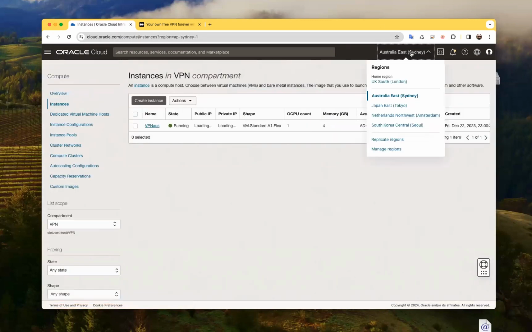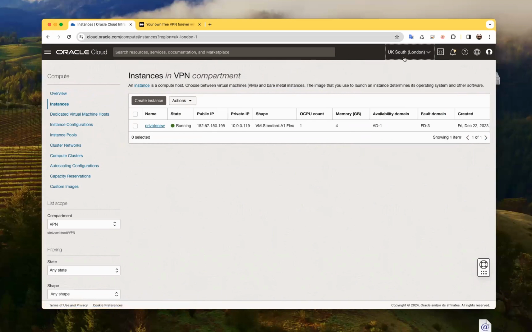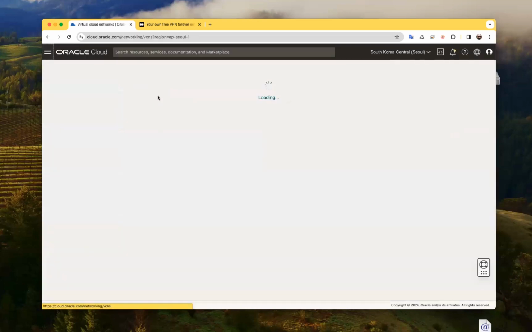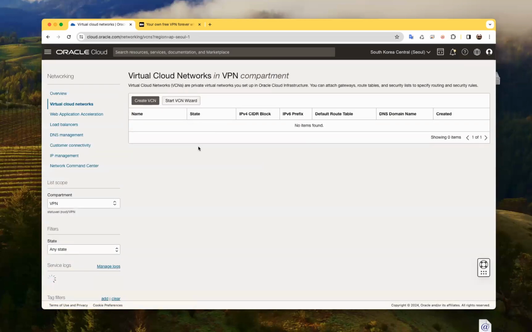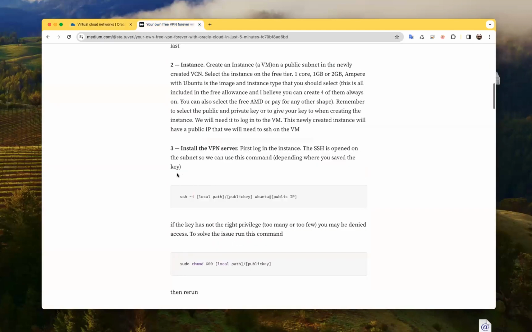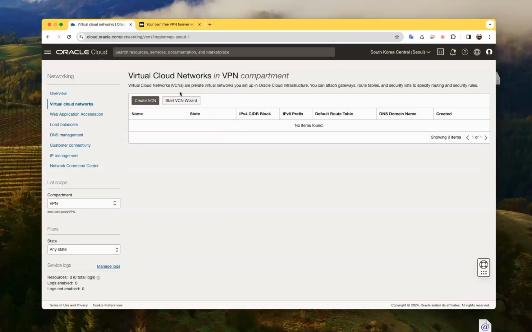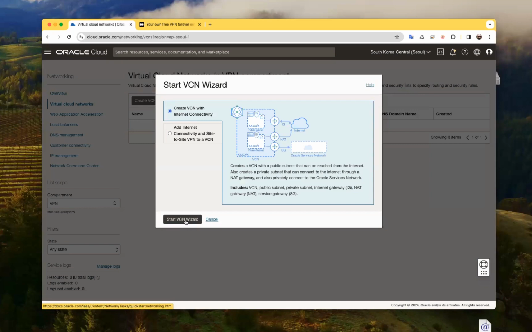So here I have some servers running, etc. In South Korea, though, I don't have anything. So we're going to create this one in South Korea. We have to do this because the network, the VCN that we're going to create, is actually a regional construct. So let's start. I have a tutorial that I created over here. You can follow it step by step, or you can just watch this and we are going to do this together. So first things first, create a